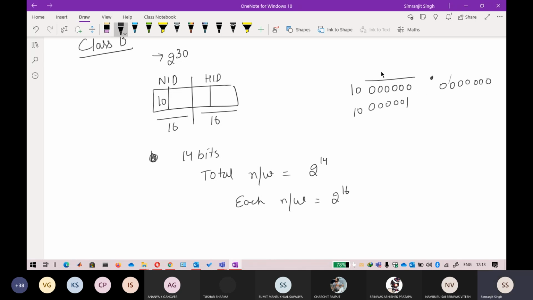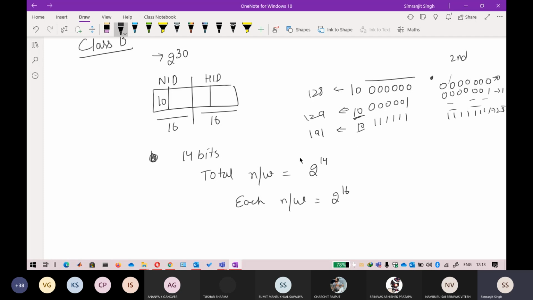so the first network number is 128. If you're seeing here, second is 129. And in this way, because these two bits are fixed, the maximum you can get is, you just convert this into a decimal number, it will be 191. In a similar way, the second octet. What is the second octet? The first number here will be 0, and the second number that is possible here will be 1. The maximum number that is possible is all 8 ones, so it will be 255.